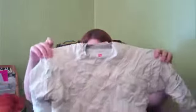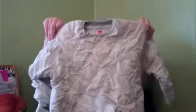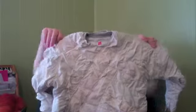So this is what I've been doing the last few days, working on the mummy. I love it. I think it's fun. I really hope the camera picks up all the detail, because first off, I worked really hard, and second of all, I really couldn't be happier with how it came out. I think it's going to be an awesome costume, and I really hope I end up finding somebody to pass it down to that will actually use it,